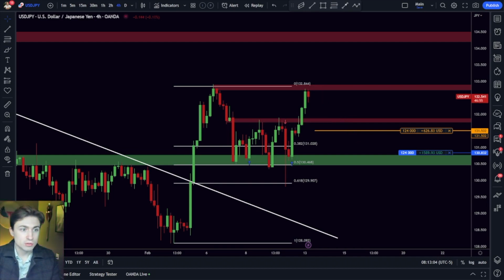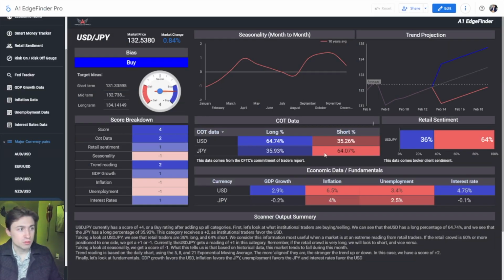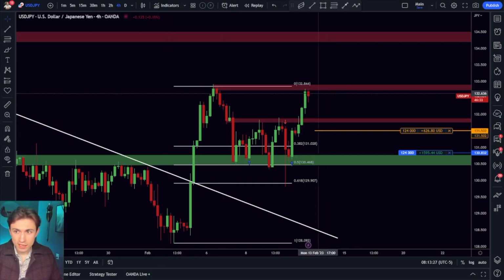It's a really simple strategy, and when used in combination with the edge finder, where we got this bullish bias on a dollar yen, it can be a very profitable strategy. It's not 100% win rate, but it's a simple enough concept to try and find better entries, better confluence based on the fundamentals and sentiment analysis combined with technicals, and trying to let winners run to the best of my ability. So we'll see how this trade plays out. Again, looking to see if we can break through the highs, and if that happens and we put in a higher low, we'll be looking to trail stops further on USD JPY.